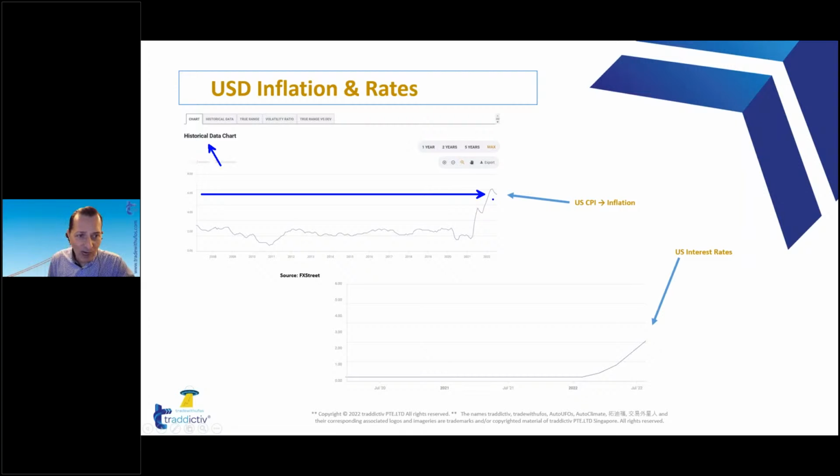Well, one classical action that has been studied for decades by economists is the rise of interest rates that we can see in the bottom chart. The bottom chart represents the interest rates that were raised yesterday to 2.5%. That's where we are now, 2.5%, between 2 and 3. And notice that this started happening more or less towards the beginning of 2022, which on the upper chart is more or less here. So you could argue that the Fed was a little late, like most of the time. When inflation already surpassed 5%, that's when they said, oh my God, this is too much. Let's start raising interest rates.